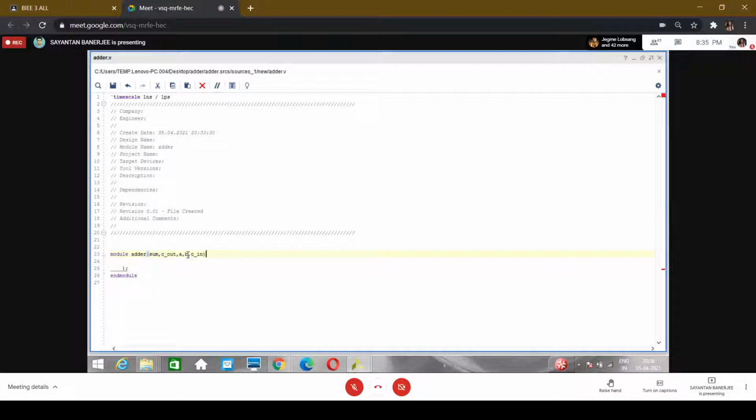Then let us mention our input and output ports here.